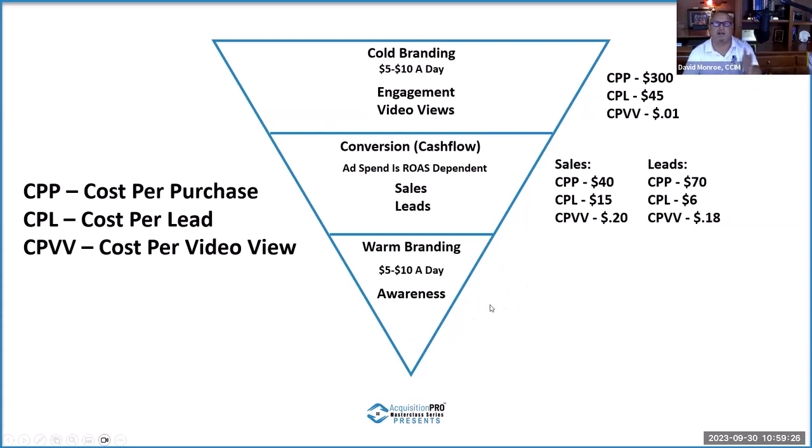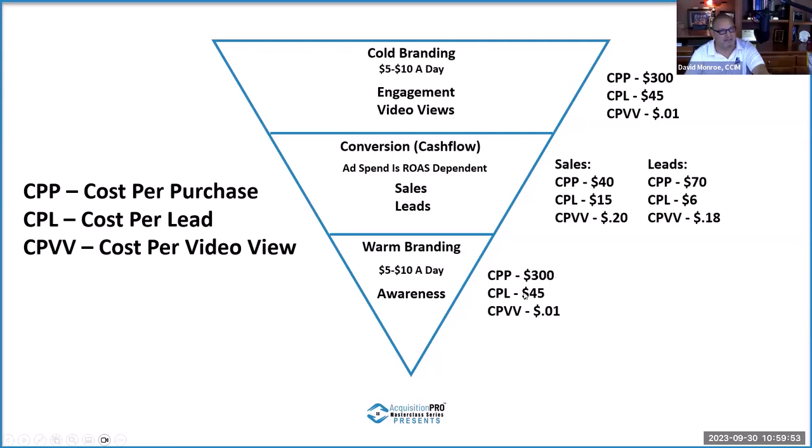You're only targeting now people that have already seen your stuff, your pages, your videos, your articles, your posts, whatever. Okay, use that same ad here. So now our cost per application or our cost per appointment goes back up. Our cost per lead goes back up, but our cost per video view goes back down. All right. Now,